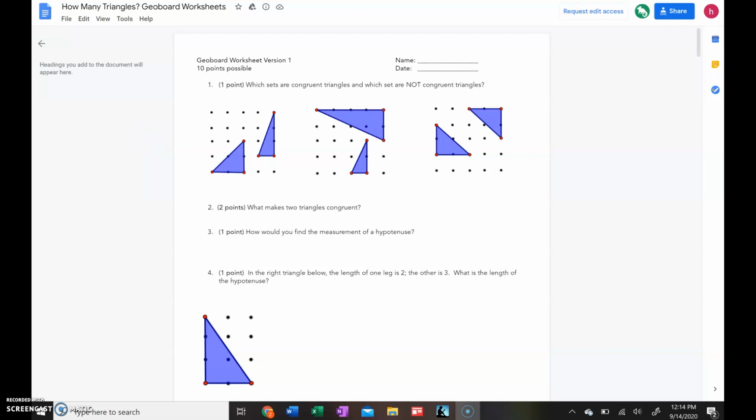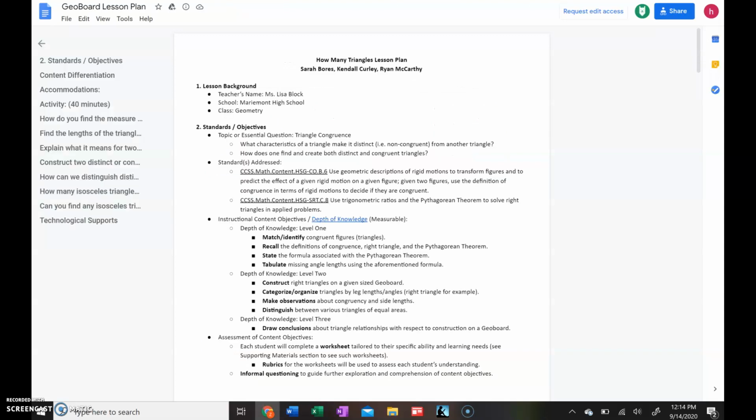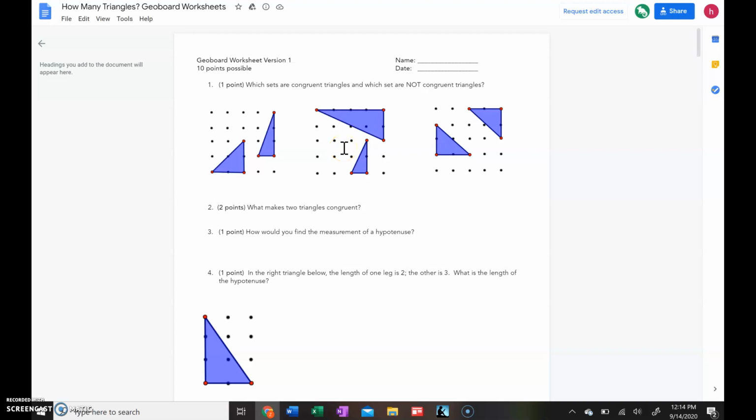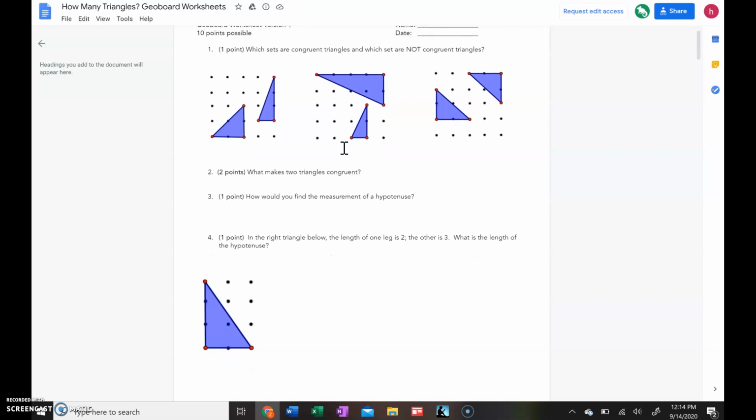So I honestly think that overall the worksheets, the different levels of them, are pretty good. There's a couple things I might change in a few places, but overall the differentiation with respect to the worksheets seems pretty good. But on worksheet number one, the lower level worksheet, I did find that